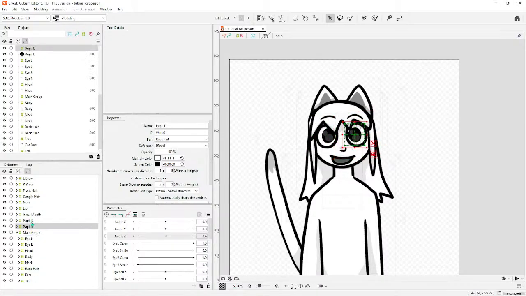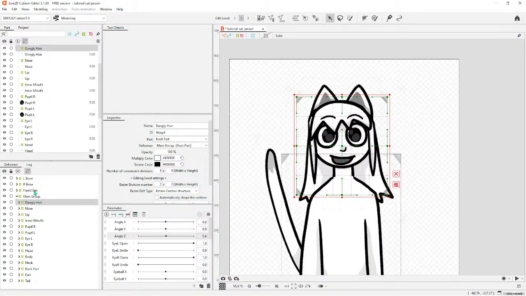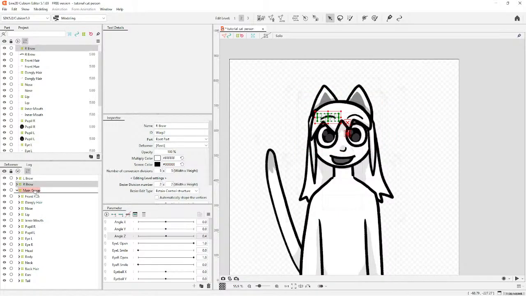And I might be messing up here, I don't remember exactly, but it's okay because we can fix it later. And I will try to explain what's going on if that does happen. So I'm just adding everything to the main group. And then to that,